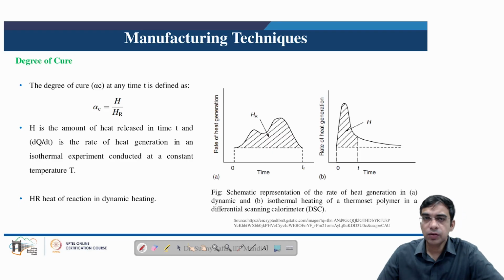Experimentally, this value comes in the range of 0.9 to 0.99. Ideally the degree of cure should be near 1, but in practical cases it is never equal to 1; it always nears 1. So it is desired that the degree of cure should be more than 90% or more than 95% in cases where we are dealing with components made of polymer composites, for example wind turbine blades, which are large in size and subjected to various types of dynamic loads.